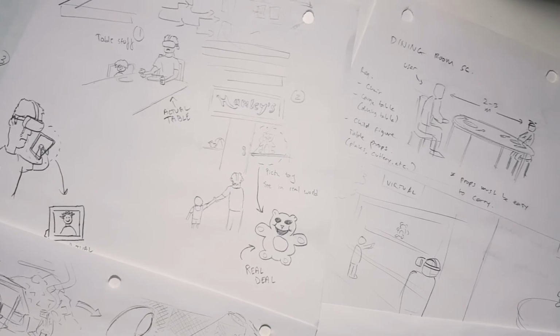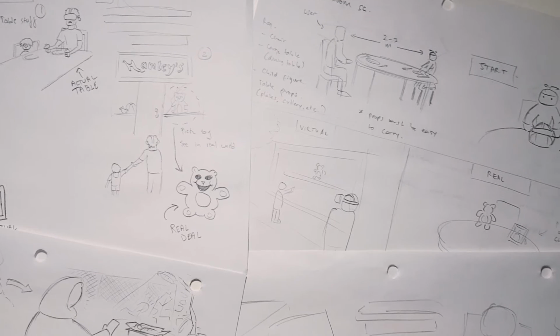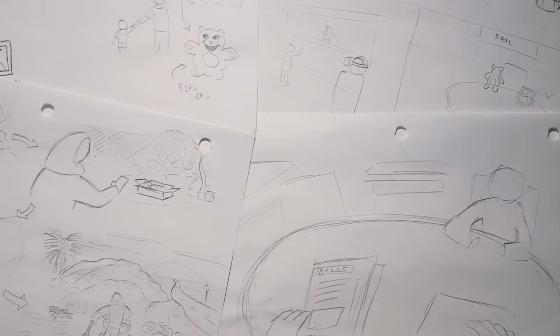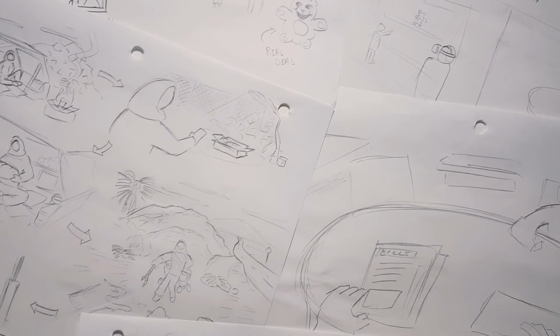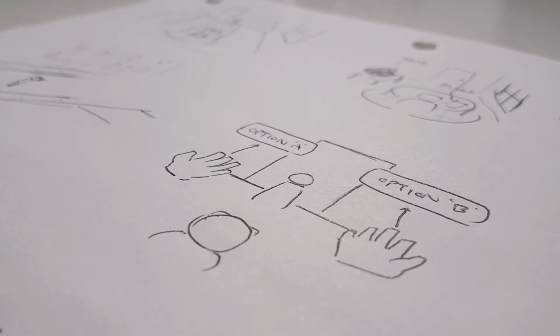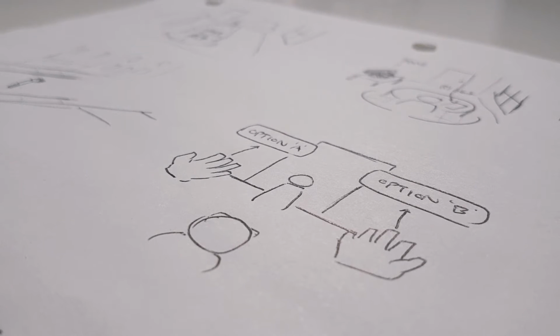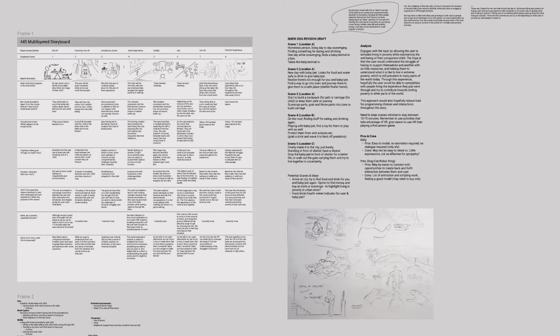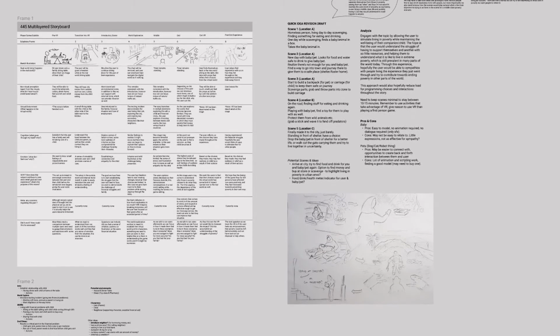It took many different iterations, sketching different ideas and coming up with a storyboard for the narrative. We had to keep going back and forth, asking what type of companion should it be, human or animal? And where do we want their story to go with the companion? What kind of choices can the user make that would affect both themselves and the companion in order to have the most impactful narrative? Eventually, we did find a solid foundation to build off of, which we can then use to start the development process in Unity.